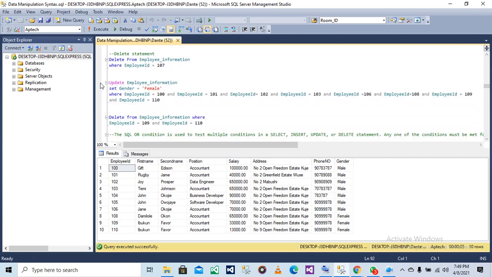Okay, this is the update statement to update all the female employees. We are updating the gender back to female from male. So update employee information, that's update table, set gender equals to female, where employee ID is equals to 100, and where employee ID is equals to 101.